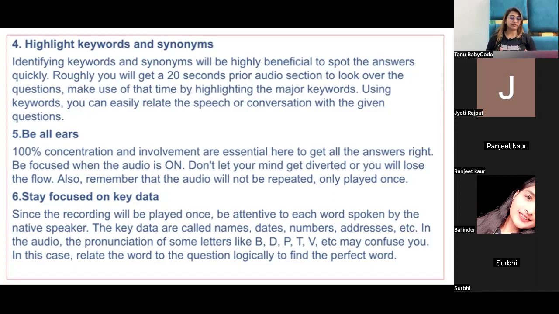Remember कि audio दोबारा repeat नहीं होगा, it will be played only once. Stay focused on the key data. Now recording will play only once, so be attentive to each word spoken. जो भी word बोला जा रहा है, be attentive to that, right? Key data are called as names, dates, numbers, addresses. So in the audio, pronunciation of some letters like B, D, P, T, V, they may confuse you, राइट। सो रिलेट करो वर्ड को क्वेश्चन से रिलेटेड कि कौन सा परफेक्ट वर्ड यहाँ पे आ सकता है, राइट।